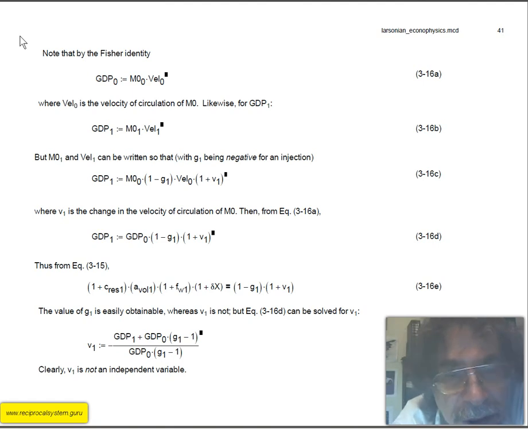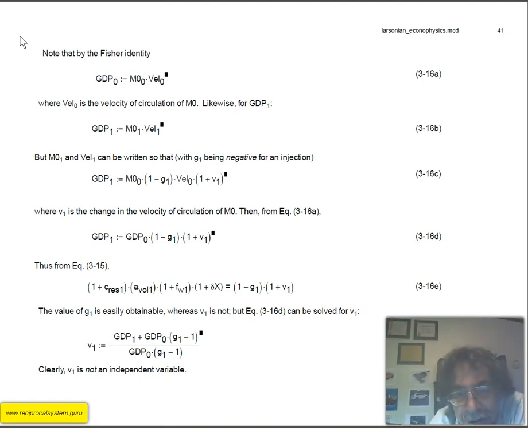Likewise for GDP sub 1 equals M0 sub 1 times the velocity sub 1, okay? But M0 sub 1 and velocity sub 1 can be written so that, with G1 being negative for an injection (it's important that you understand the signs here), GDP sub 1 equals M0 sub 0 times the factor 1 minus G1, times velocity sub 0 times the factor 1 plus V sub 1, where that small v sub 1 is the change in the velocity of circulation